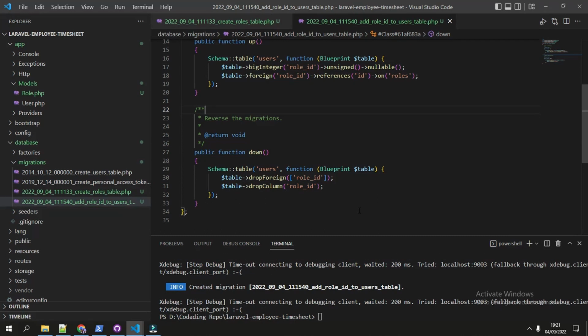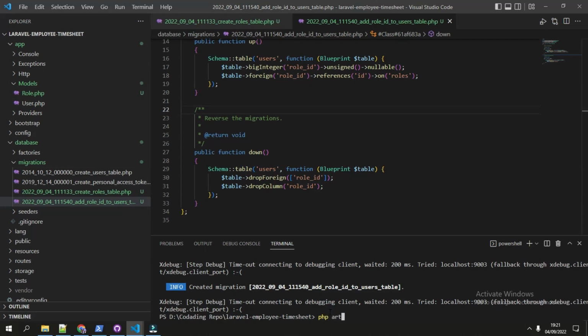And for the last model and the last migration, we will create an attendance model. The command is still the same.